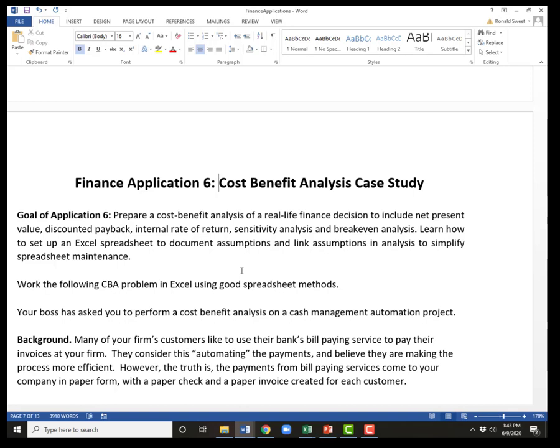I worked on this when I was at USAA. I used to do a lot of cost benefit analysis at USAA. It's kind of a side job. It was never the bulk of my job, but maybe 5% of my time I'd be doing these cost benefit analyses. I really thought they were extremely important, and we'll talk in class why I think these are so critical